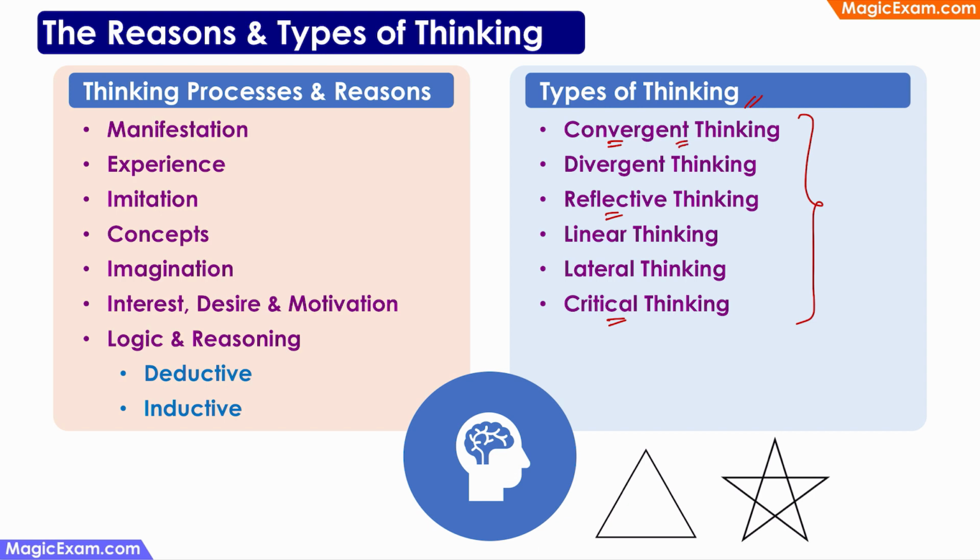For example, in your classroom, if you teach the students a standard process or a standard formula for calculating the area of a triangle, then you give them all some different triangles and ask them to calculate the area, they will all try to use the same steps and the same process that you taught them. So everybody is thinking in the same way. That is convergent thinking.